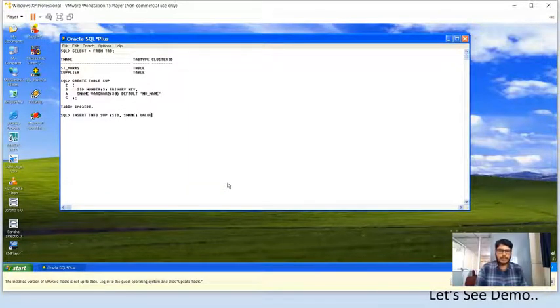Now I'm going to specify the values for that. Use the values keyword. Now I'm going to specify the SID value. Assume that it is 100. So put a comma. Now I need to specify YesName. Let me specify Ajay Enterprises, in single quotations. Complete and close the parenthesis, semicolon.